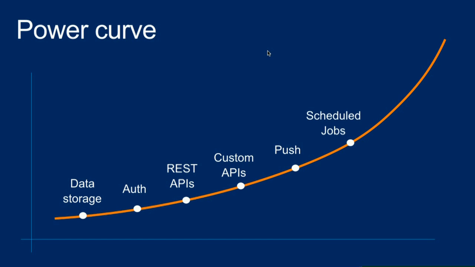Then you also saw how it's possible to run custom logic at arbitrary times with scheduled jobs, which is very convenient. And then we went into the really powerful stuff, such as using source control and being able to write code locally, and then finally being able to pull in third-party standard NPM modules and do whatever it is that you want, including fairly powerful stuff. You're not limited to just doing spell checking there. You can also do stuff like, let's say you want to store your data in a Mongo database instead of SQL Azure. Well, you can bring in the Mongo client library through NPM and then start calling that from your custom script. So there's tons of stuff you can do with that there.